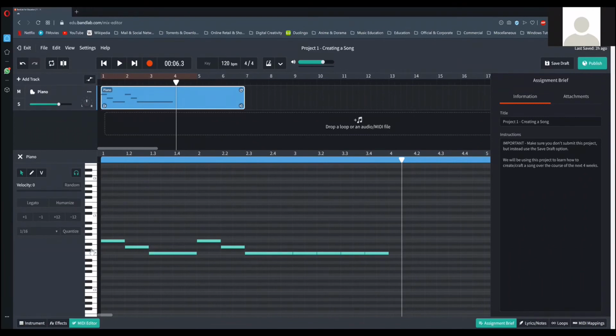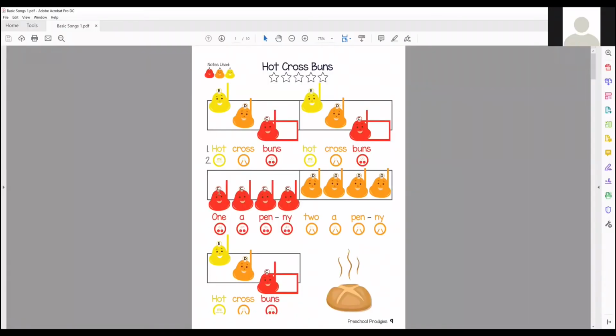C is here. D is this one. E is this one. This is F or Fa. Okay. So E and F are close by. So I did bar number 1. If you look at my screen, bar number 2 is done. Bar number 3 is also done. Bar number 4 is similar to 3. There are 4 notes, 4 quarter notes, but these are all in D. So re, re, re, re, or ta, ta, ta, ta, and D.